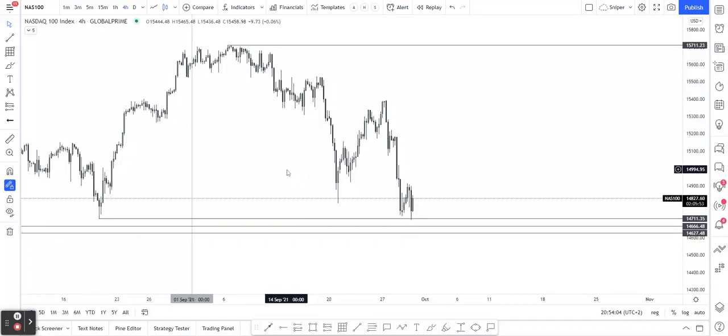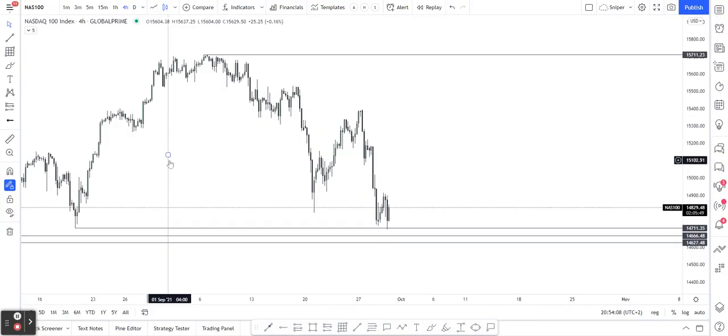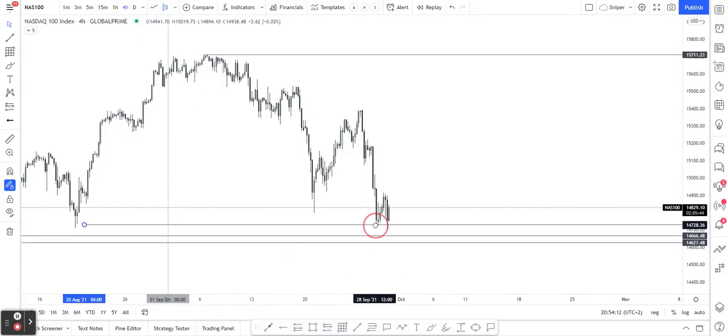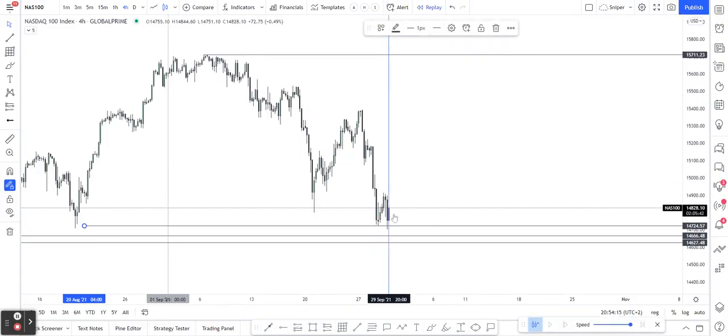Okay, another trade explanation on the Nasdaq. We apply the same rules. We start off with our 20-day, we note the high, and we note the most recent low, which was in this area. Just going to replay